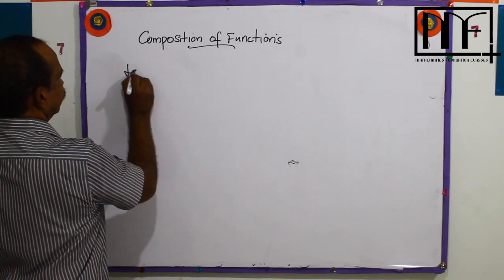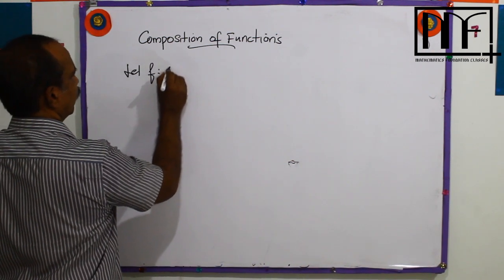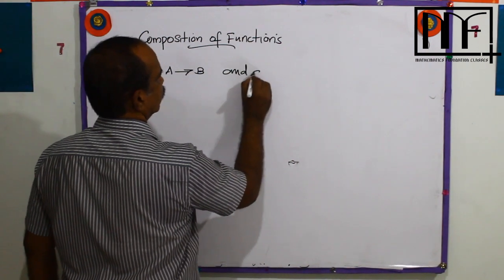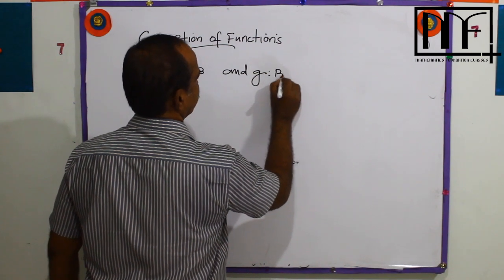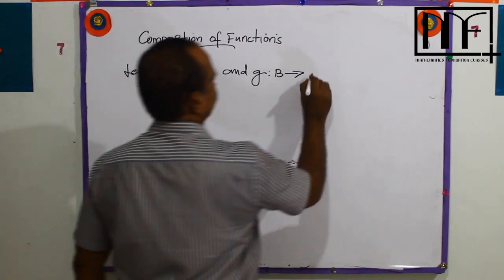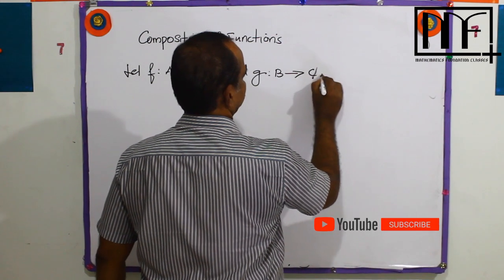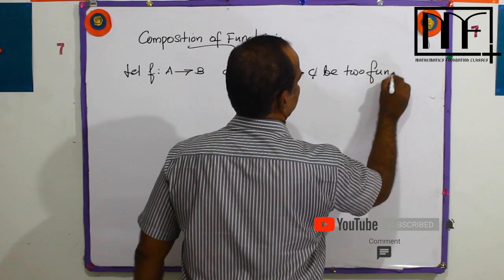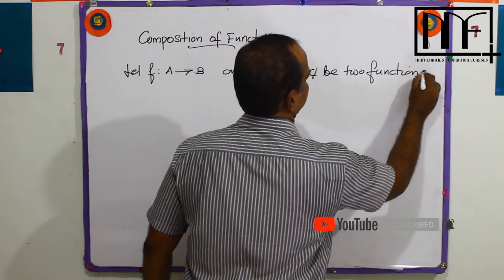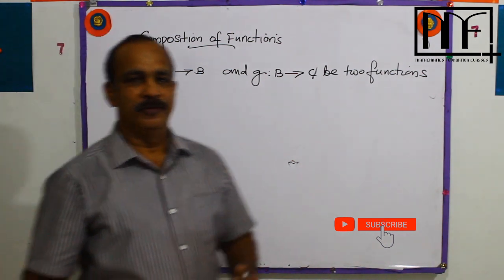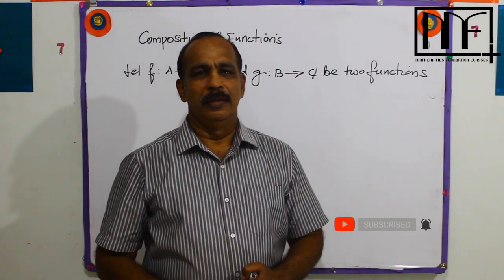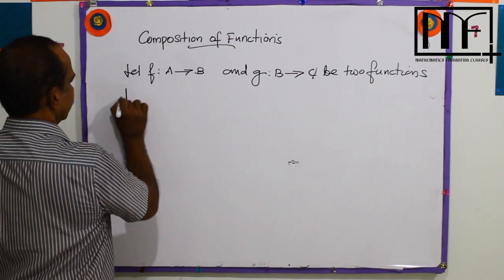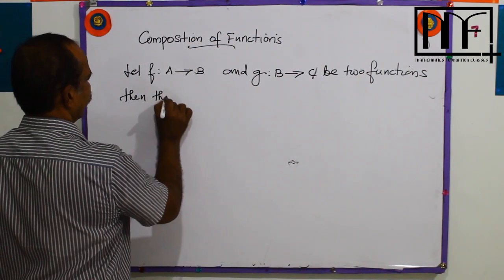Let f be a function from A to B and g be a function from B to C. These are two functions. F is a function from A to B and g is a function from B to C. Then the composition of functions